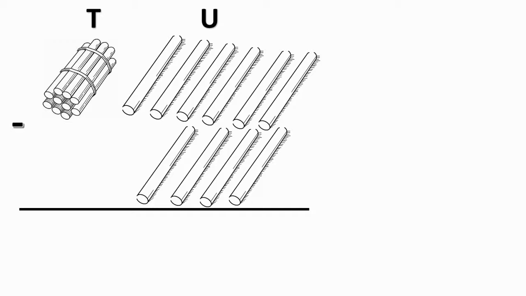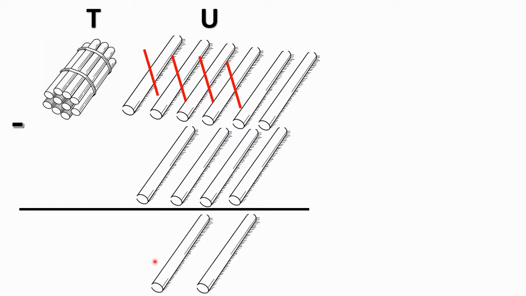Let's see the sum with the help of sticks. First, read the sum. Units place 1, 2, 3, 4, 5, 6 sticks. Then we subtract 1, 2, 3, 4. Here 6 sticks and below 4 sticks are given. Now we will take away 4 from 6. 1, 2, 3, 4. So how many remaining? Yes, 2 sticks are remaining.